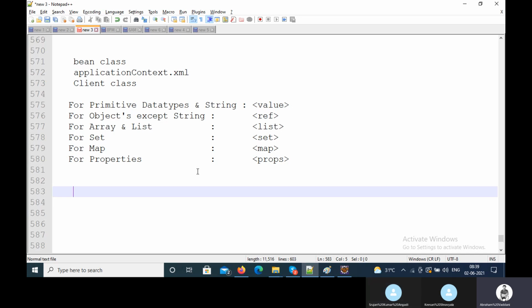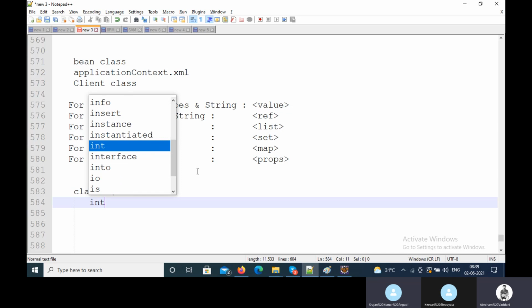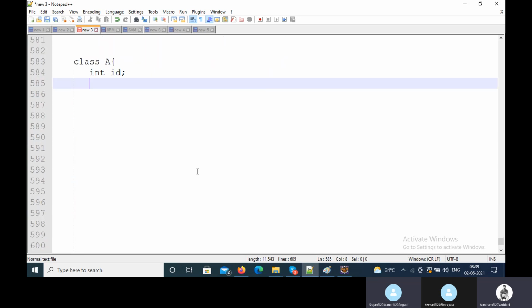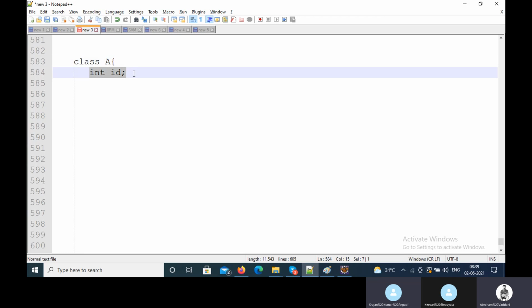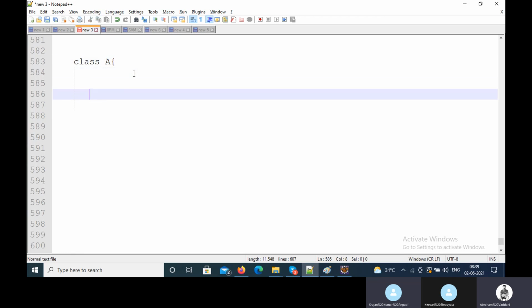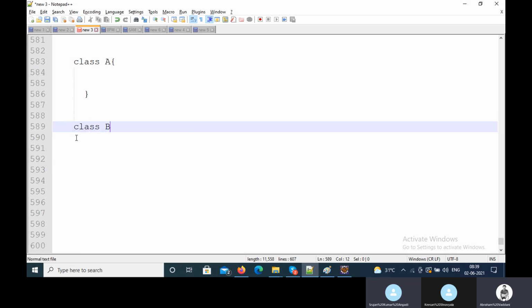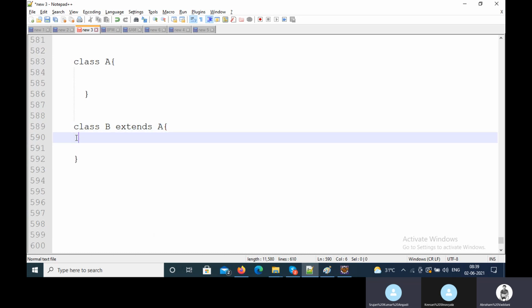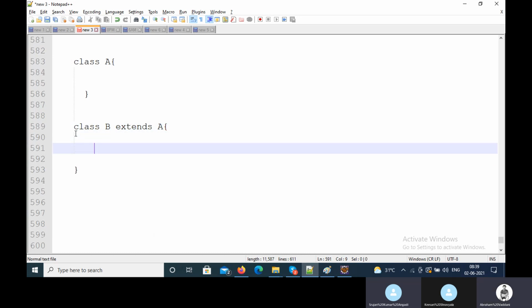Just remember here, class A is there. In class A, an int id variable is there, or whatever it is, just something is there, and it extends a structure of class A and class B. Now,